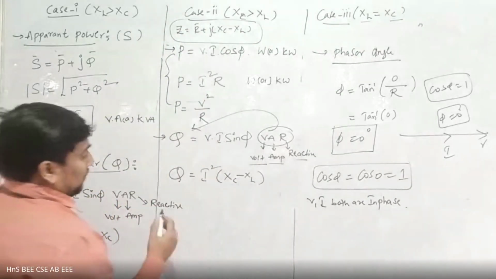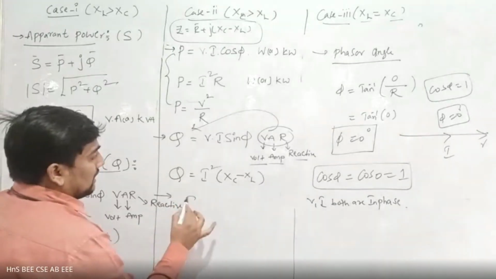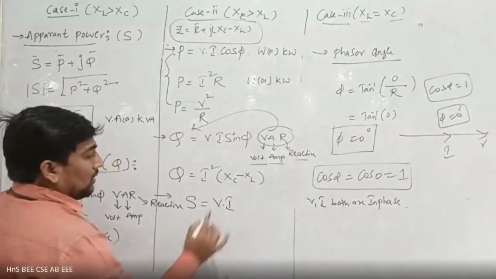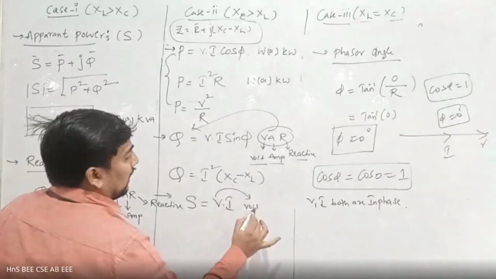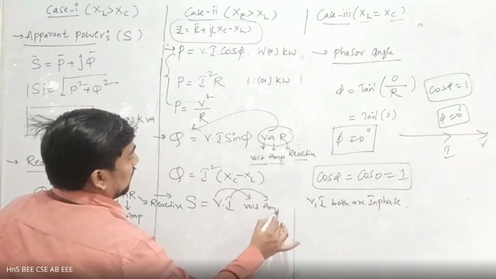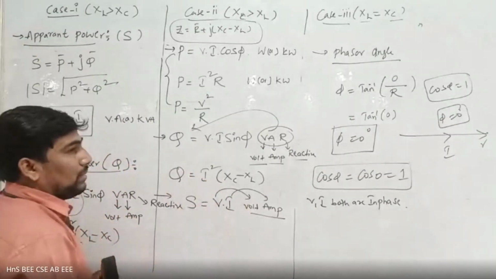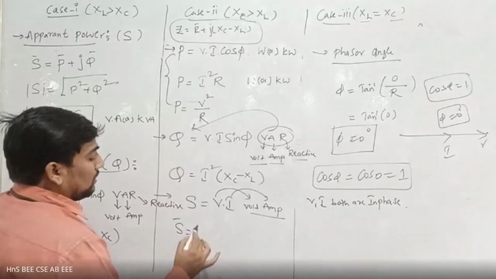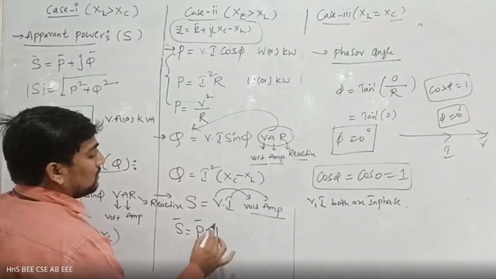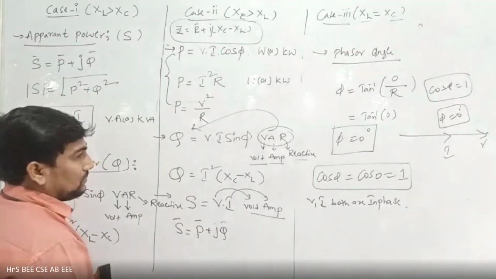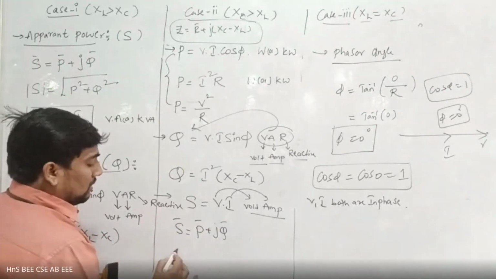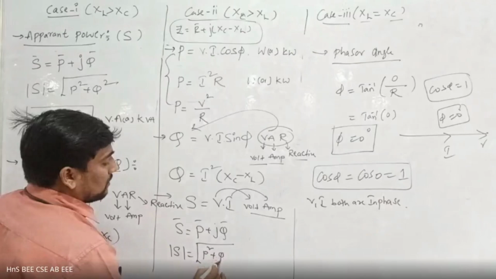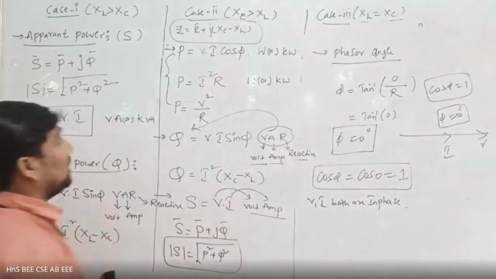Next one, the total power. The total power is represented with S. S equal to V into I. V units are volts and I units are amperes. Volt ampere, the units of apparent power. Now we have another formula, that is the combination in vector, active power plus J into reactive power. If you are taking mod, that is mod equal to under root of P square plus Q square. These are the total important formulas in our